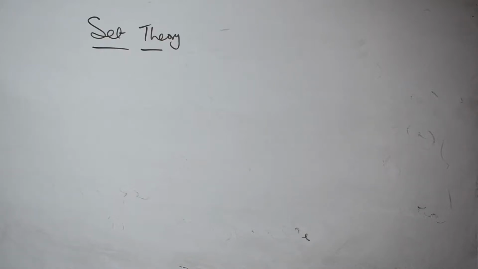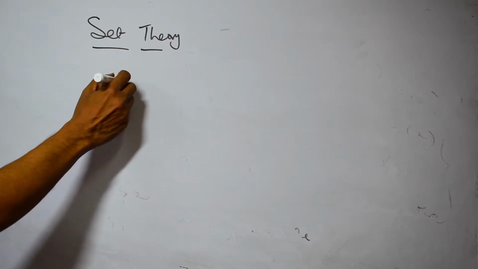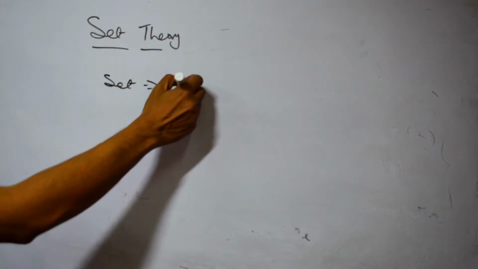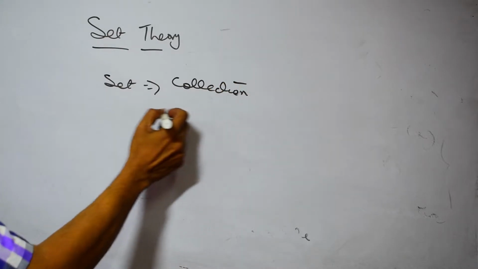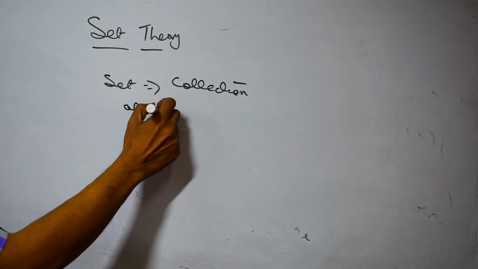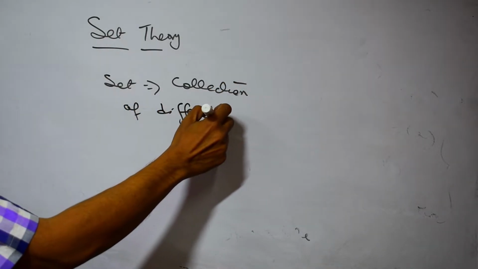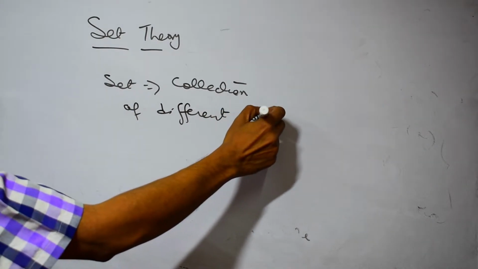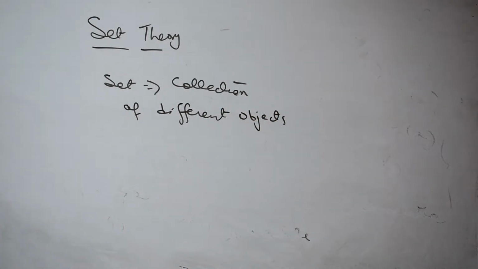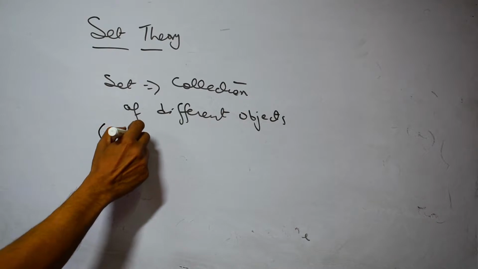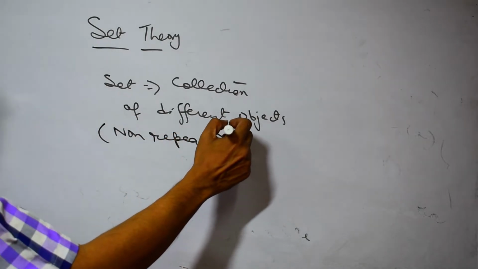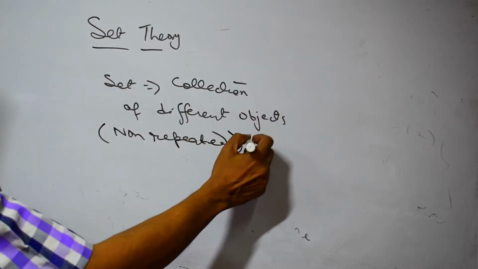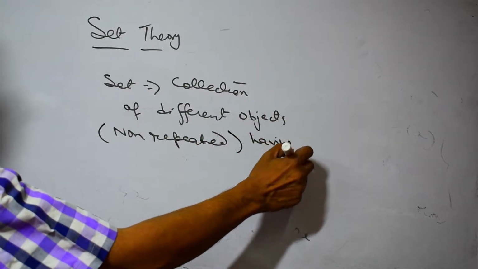Today we will discuss set theory. Set means collection of different objects, but they should not be repeated, non-repeated. That means collection of different objects, they should not be repeated, having some similar property,